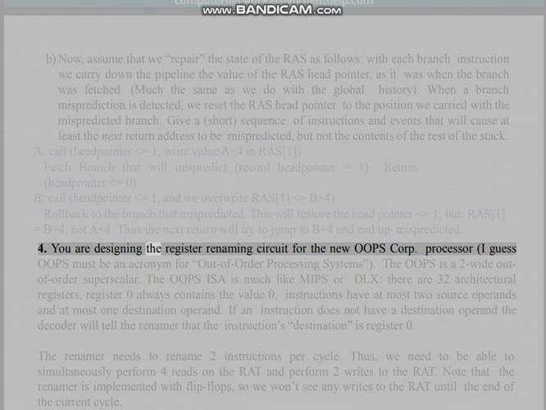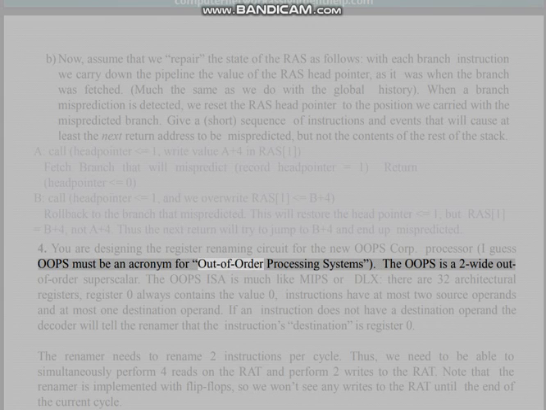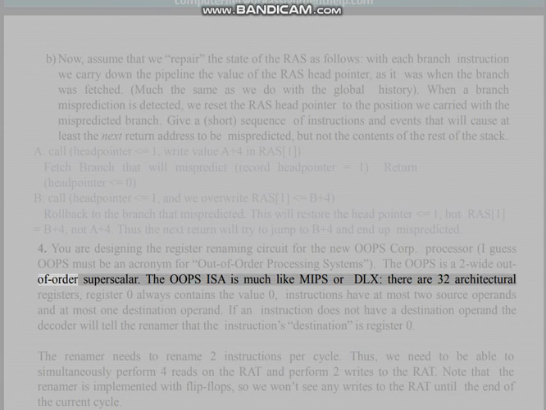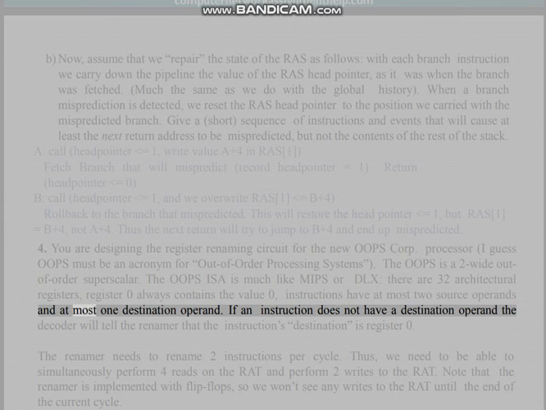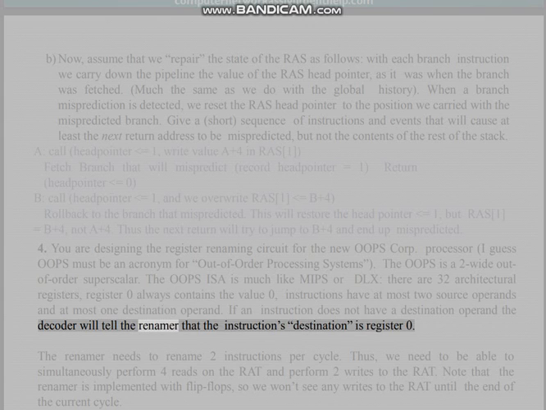4. You are designing the register renaming circuit for the new OOPS Corporation processor. I guess OOPS must be an acronym for Out-of-Order Processing Systems. The OOPS is a 2-wide out-of-order superscalar. The OOPS ISA is much like MIPS or DLX. There are 32 architectural registers. Register 0 always contains the value 0. Instructions have at most 2 source operands and at most 1 destination operand. If an instruction does not have a destination operand, the decoder will tell the renamer that the instruction's